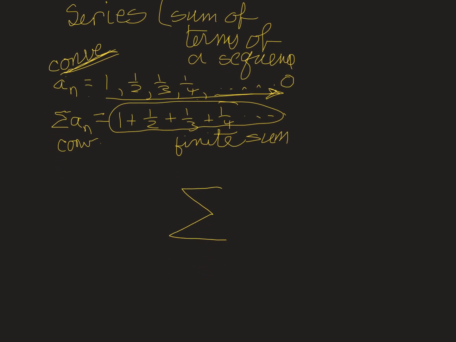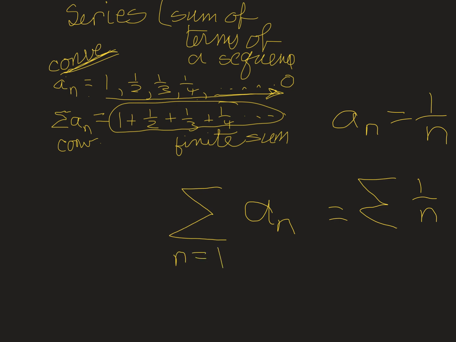So when we're adding the terms of a sequence, we'll say the sum of the a sub n's, where a sub n is a sequence that has some formula. For instance, if a sub n was equal to 1 over n, like it is in the harmonic series, then this would become the sum of the 1 over n's. We could substitute the formula there. Now, the other thing we do is we usually tell it where n is going to start